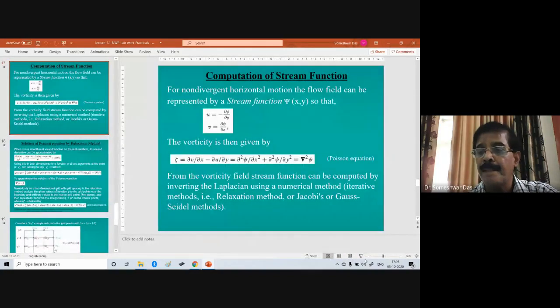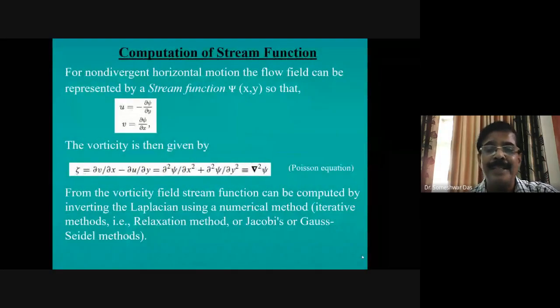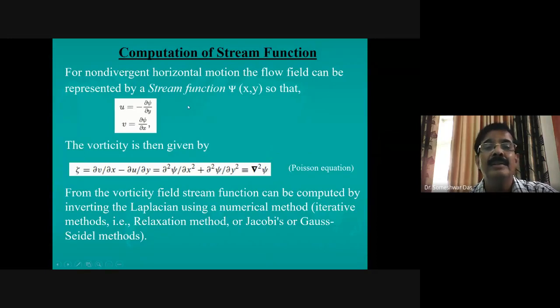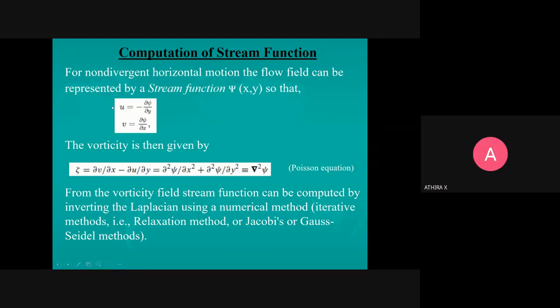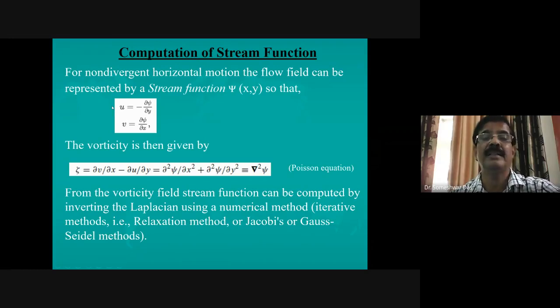This is the one. Actually, the difference was because I copied from different sources, and the difference was only in notation. So you have got this PowerPoint file, right? I mailed you this file earlier, right? Yes, sir. Now, the stream function is non-divergent, as per the definition, such that you are defining u is equal to minus del psi by del y, and v is equal to del psi by del x.